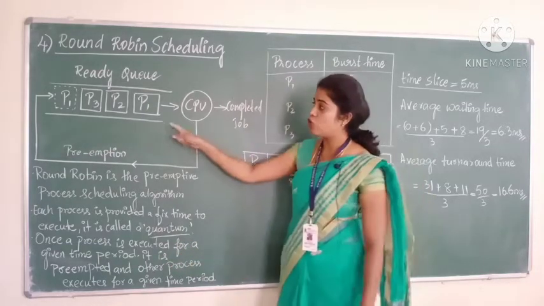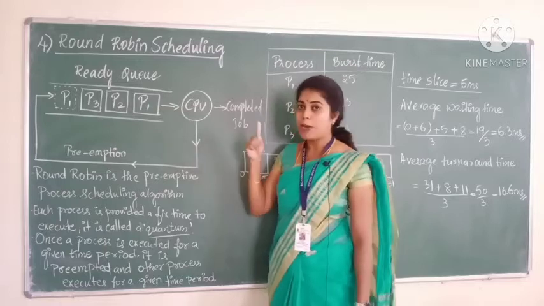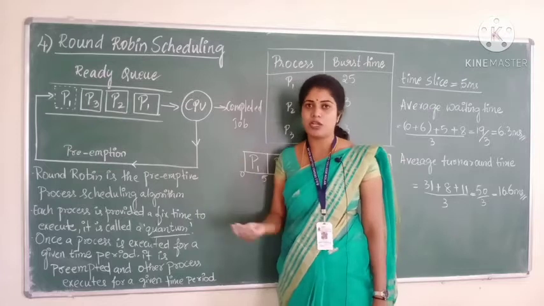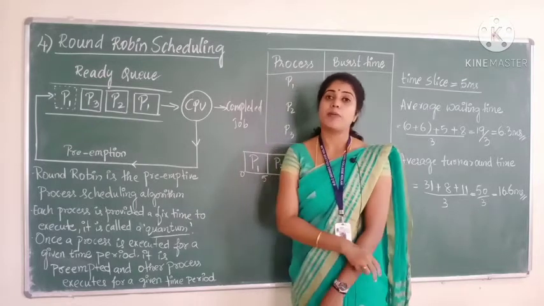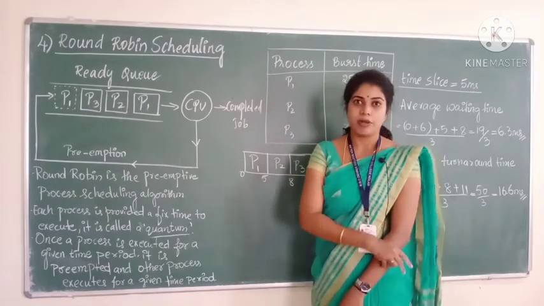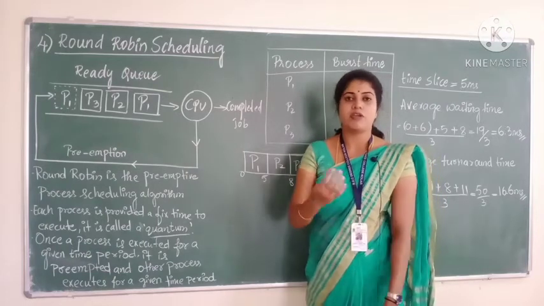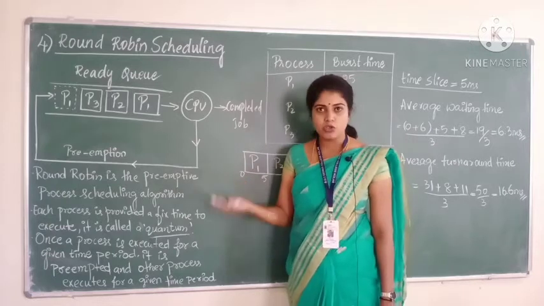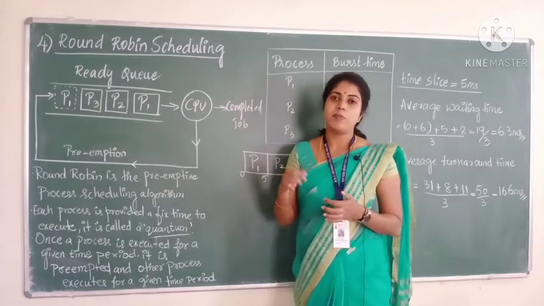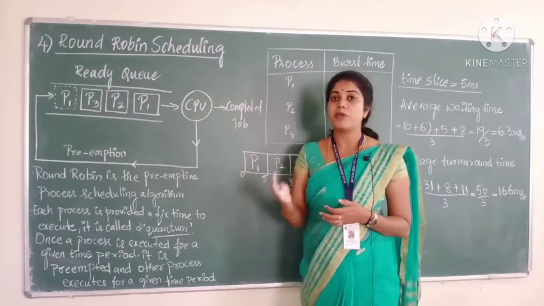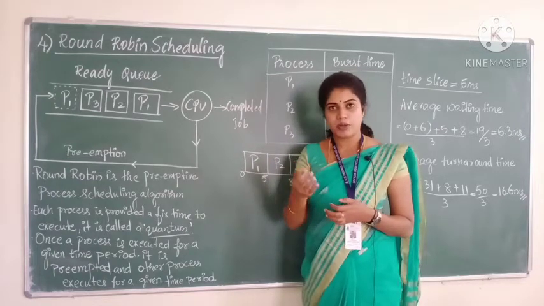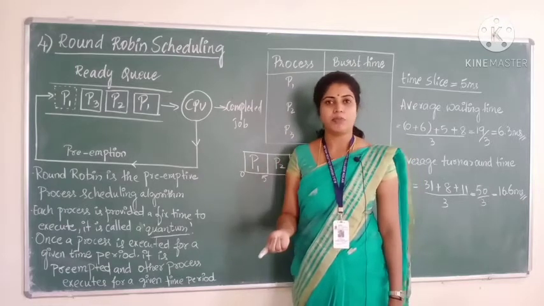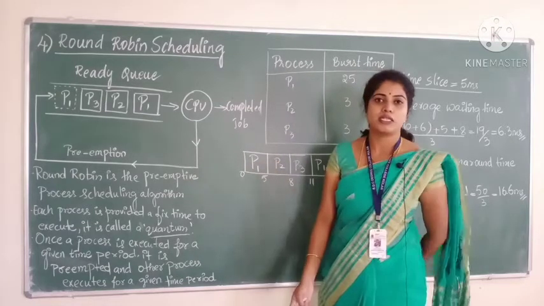It means, as I told you, P1, P2, P3 are there. If P1 completes its execution in a given period of time, P1 will go and P2 will come for execution. But sometimes P1 will not be able to complete because of the fixed period of time, so P1 will come again next. But immediately P1 will not come. After completing all the remaining processes, then the process will come for execution. With an example you can understand much better.